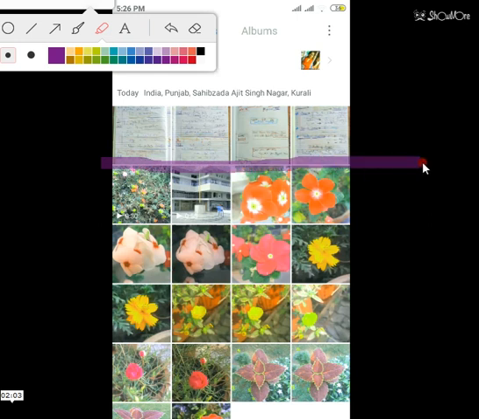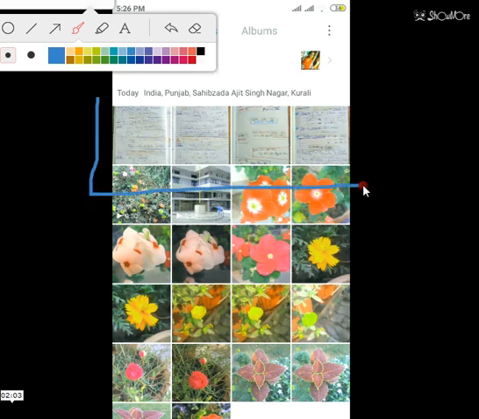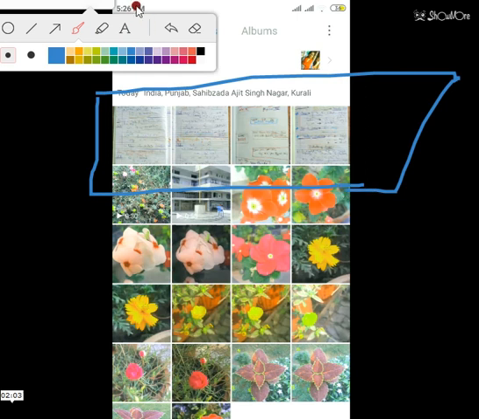These are the 4 images which are required. I hope it is clear. You have to keep those images which are required. These 4 are required. Now how to convert these 4 into a PDF, that we will discuss.